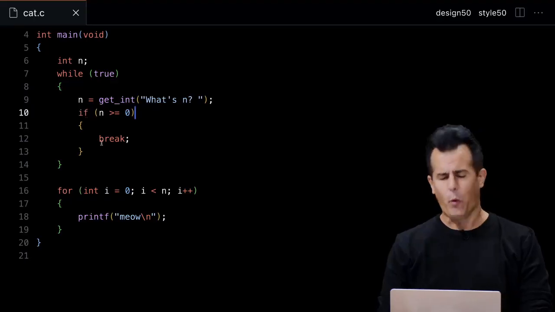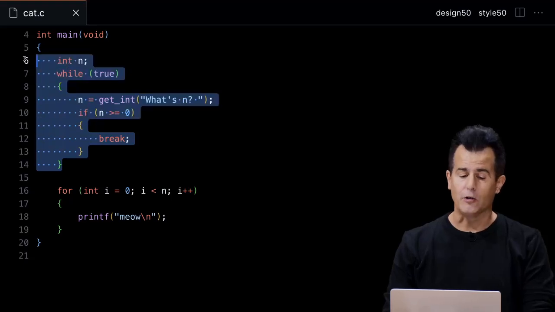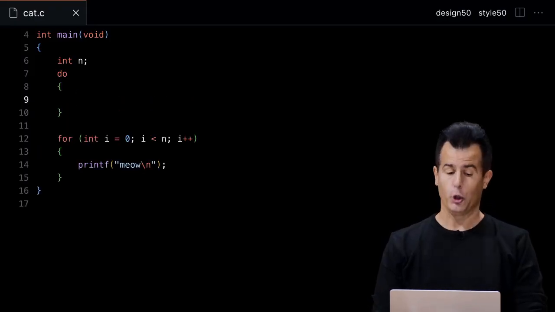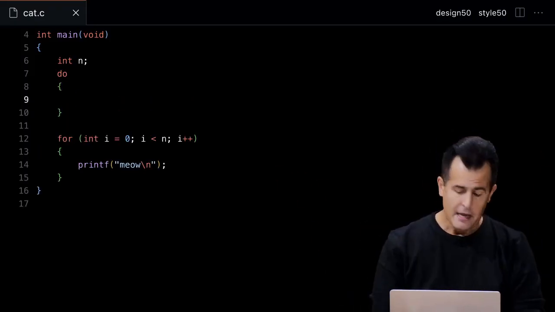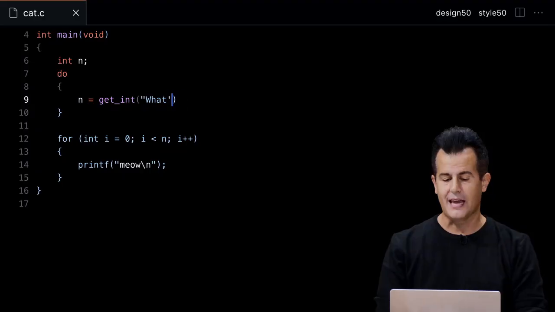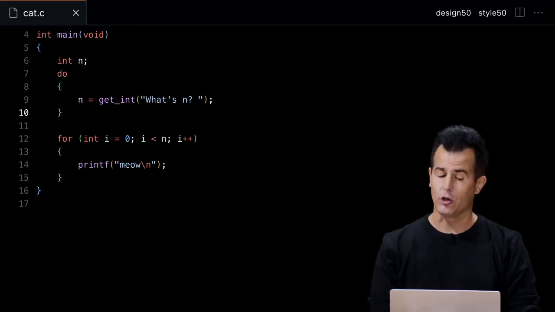All right. So this is one way to use an infinite loop, but it turns out there's another construct that you can use that is a feature of C. Instead of using a while loop and forcing it to be infinite by using while true and then eventually manually breaking out of it, there exists another type of loop altogether, and that's called a do while loop. And you can literally say the word do, which means do the following. Then you can do exactly what we did before, n equals get int, quote unquote, what's n question mark. So exactly like before, but then after those curly braces,